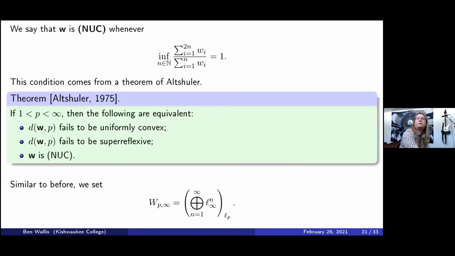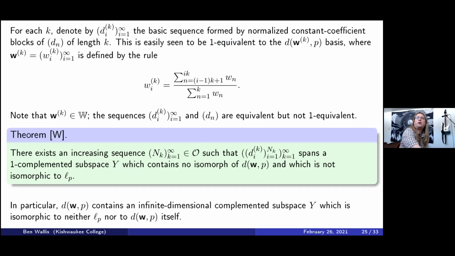And in particular, it contains no isomorph of the Lorentz sequence space itself, and it's not isomorphic to LP for much the same reason that the other space wasn't. And so this gives us, in the general case, regardless of P, regardless of weight, an infinite dimensional complemented subspace, which is isomorphic neither to LP nor to the Lorentz sequence space itself. And again, as far as I know, in the general case, this is only the second non-trivial subspace known of